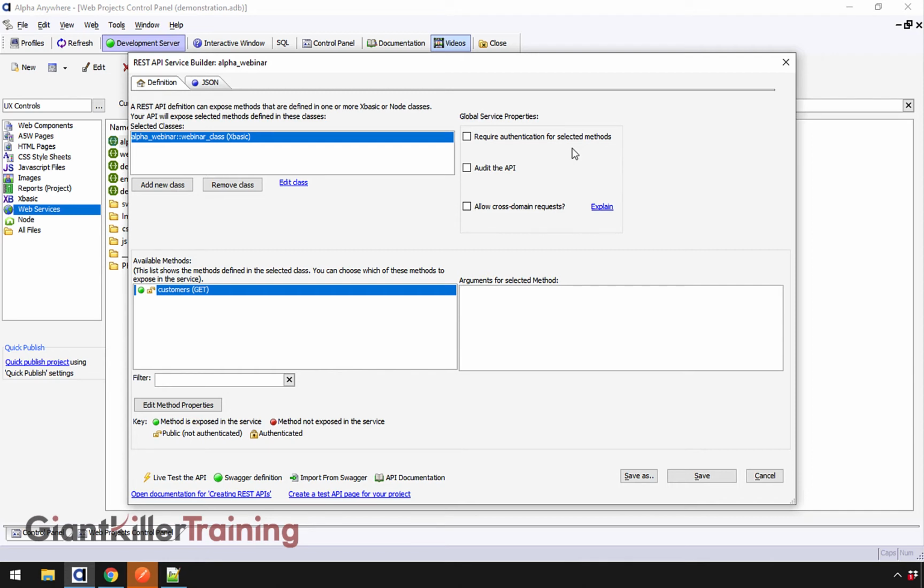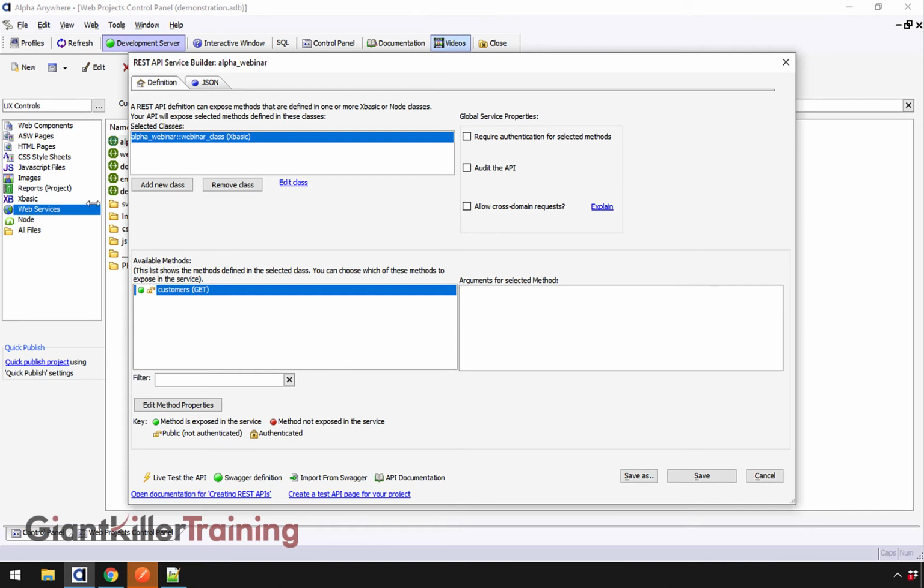You publish it. If people know the endpoint, they call it, they're going to get the data. And what we need to do is lock that down because it's customer data. It may be very important and valuable, and we only want people who have a secret key to be able to do this. So with that,